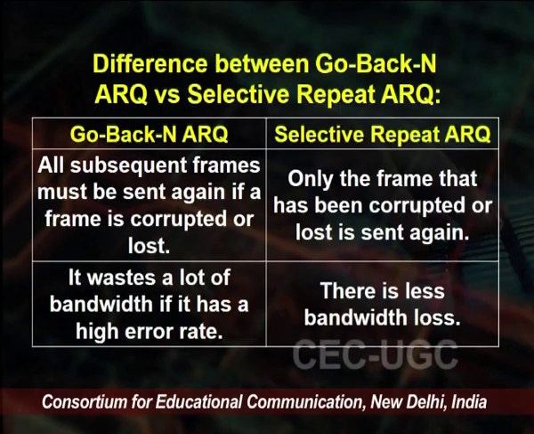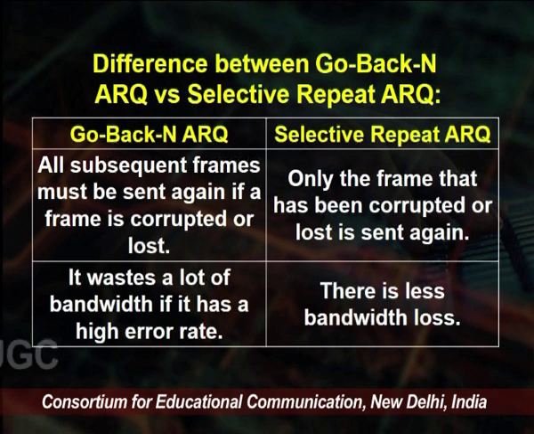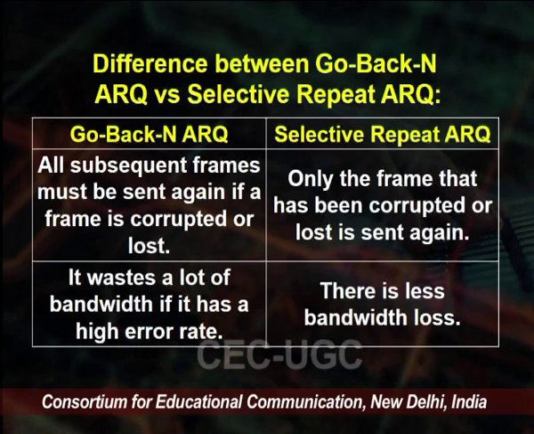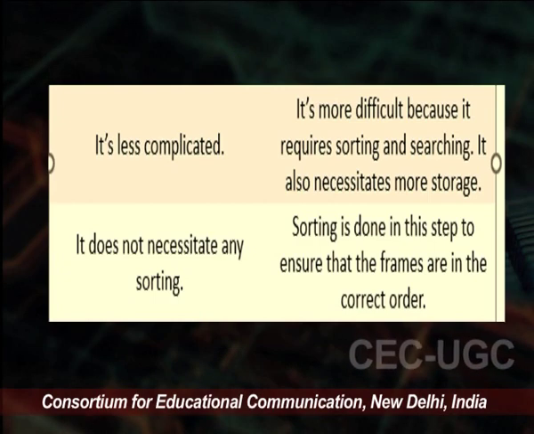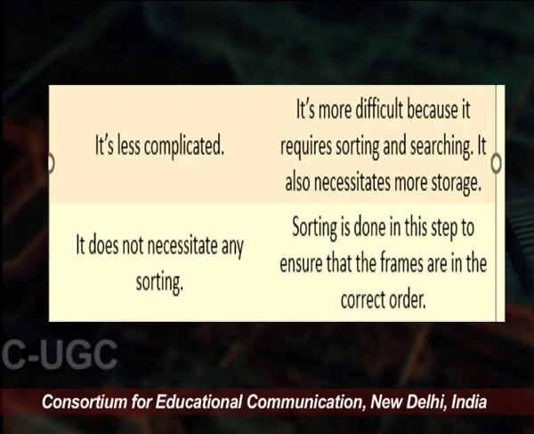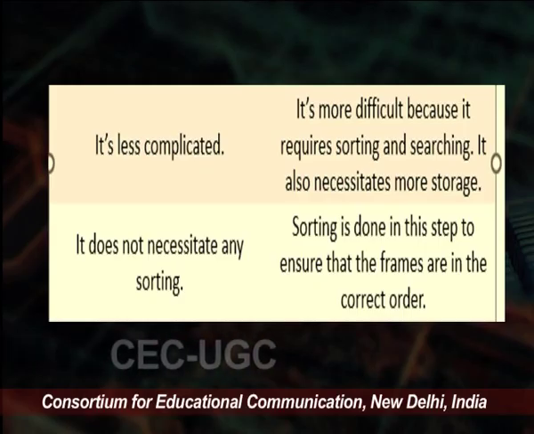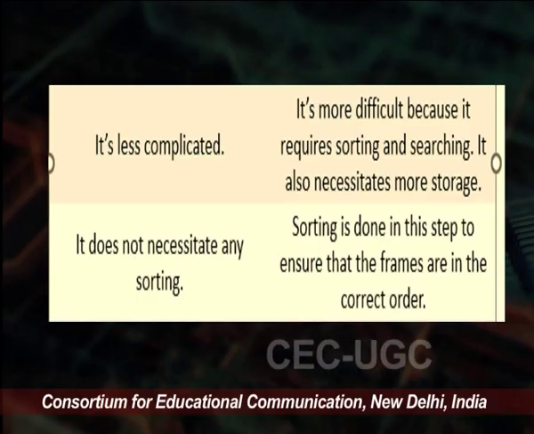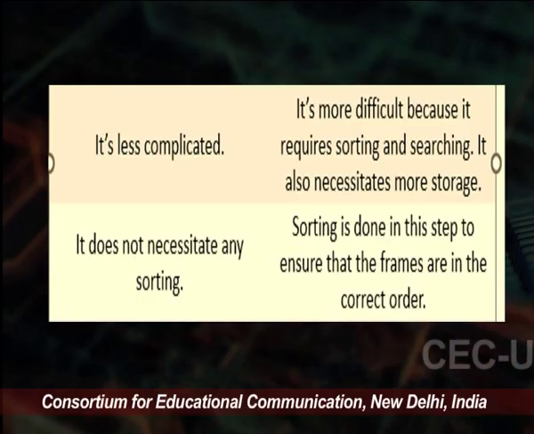Now, go back N wastes a lot of bandwidth if the error rate is high, and in case of selective repeat the bandwidth loss is less. Then go back N is less complicated, while selective repeat is difficult to manage, because sorting and searching is required, and also it